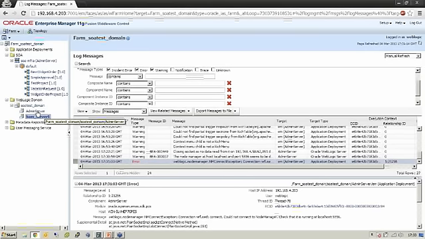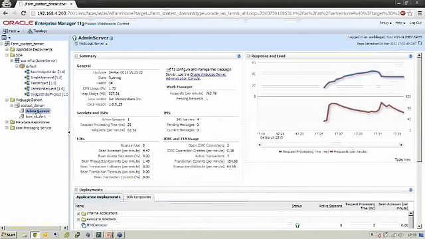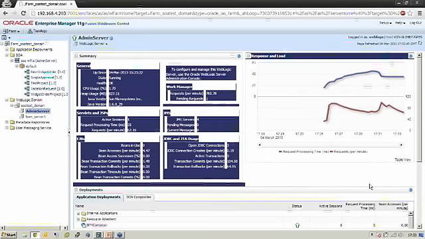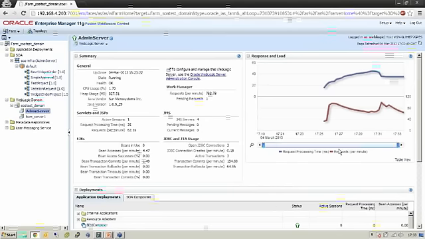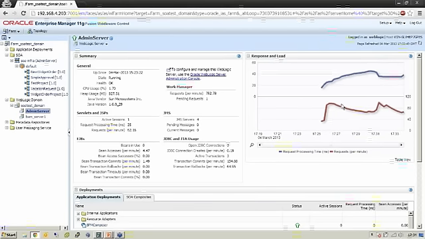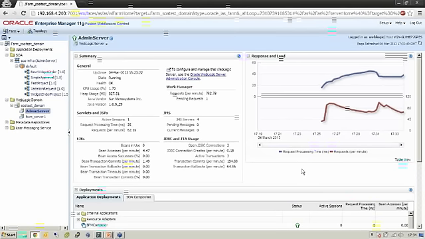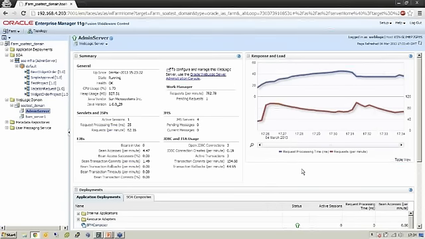Something else that you can do is, if we look at the admin server again as our dashboard, we can see the response and load. So this is the request processing time on our dashboard, and this is the requests per minute. Perhaps we've got an alert configured, and one of these metrics has alerted us of something. What we can do is, these graphs are all configurable, and you can see immediately something's wrong. This doesn't look like a normal healthy server,